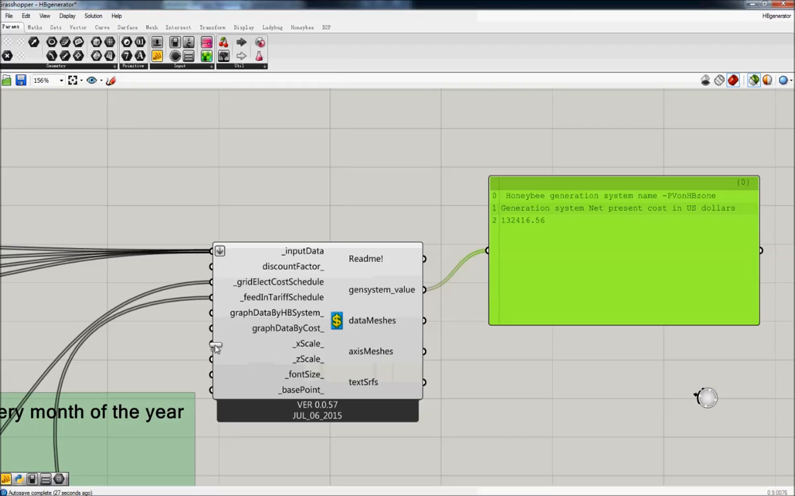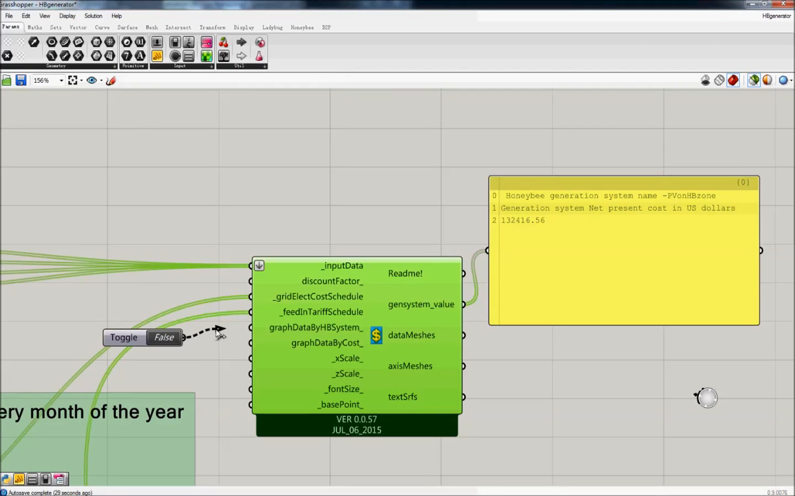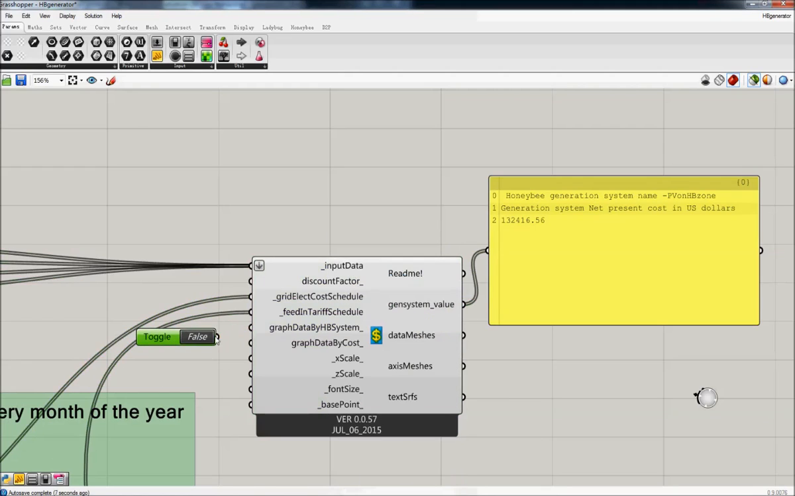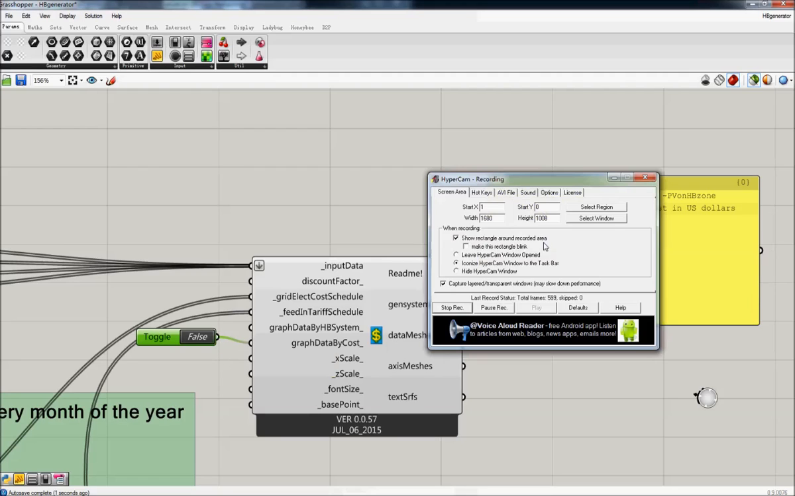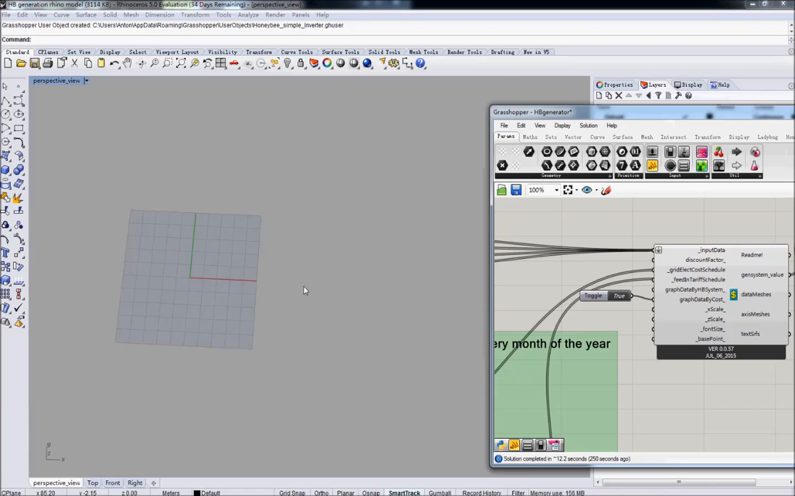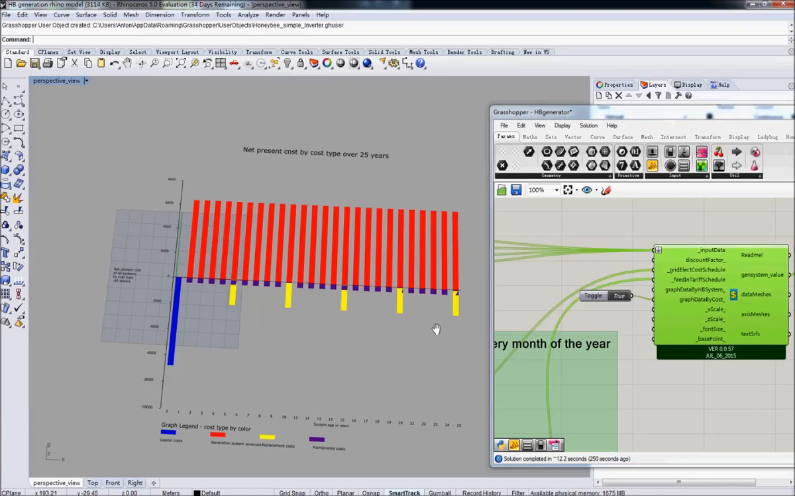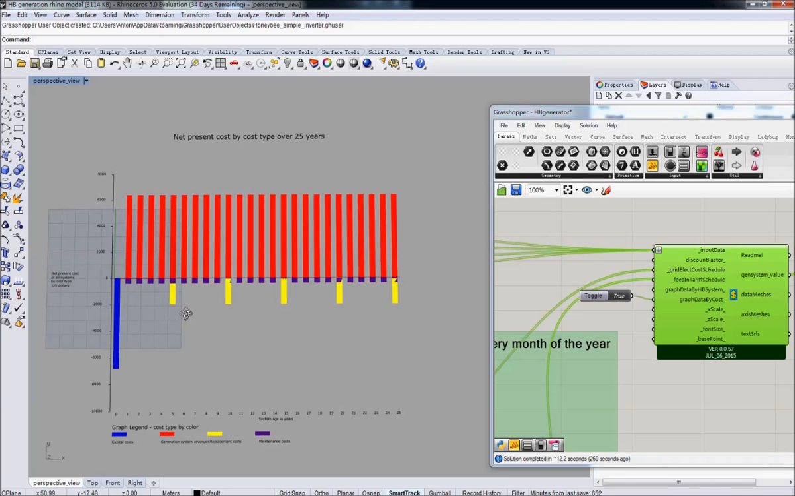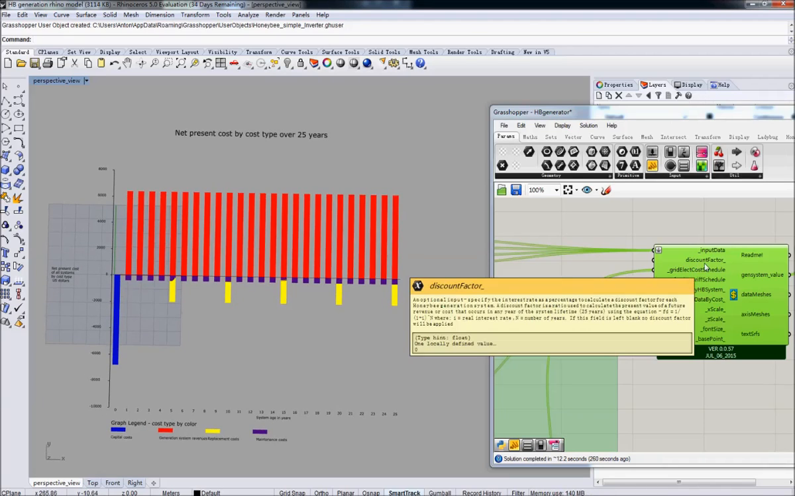We can also graph this by system, which in this case won't work. I'll show you that a bit later because we've only got one system. Or we can graph it by cost, so we'll just do that, and it does take a bit of time to do this, so I'll just pause the video. Okay, so now we've drawn the graph, and you can actually see the net present cost by cost type over 25 years. Now this is assuming no